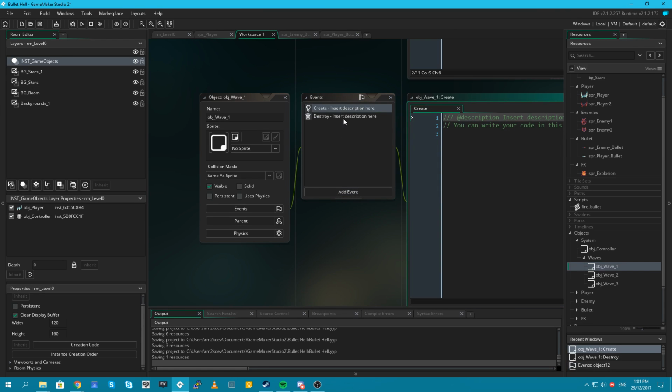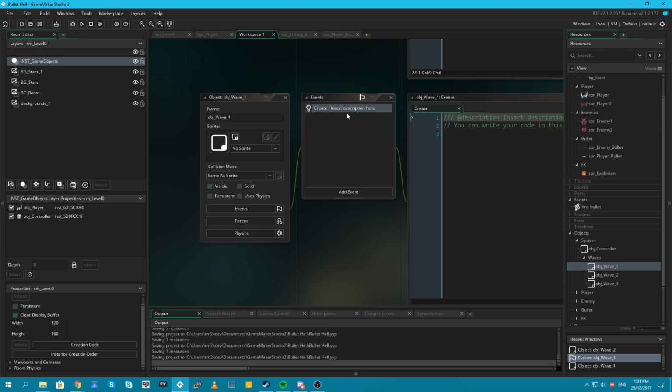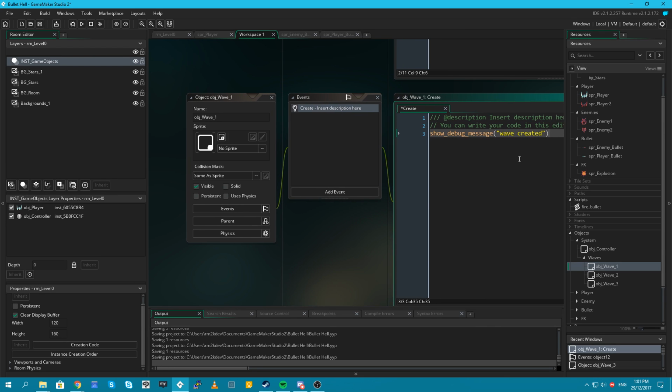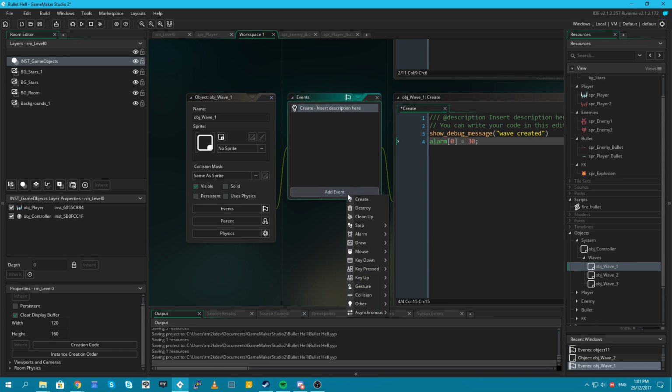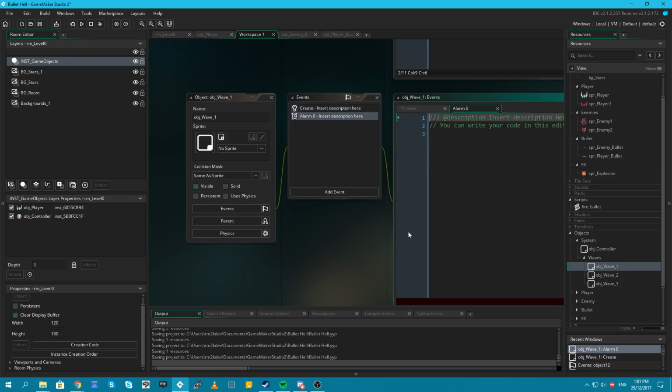We'll just have a create event. Delete that event. In the create event, say show debug message wave created, and then alarm 0 equals, I'm just setting up a timer so that we can test it, and then in that alarm it will destroy itself. Alarm 0, instance destroy. There we go.